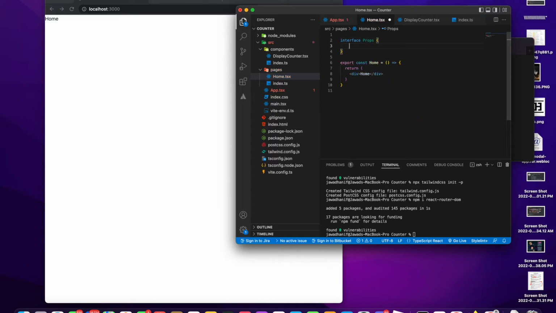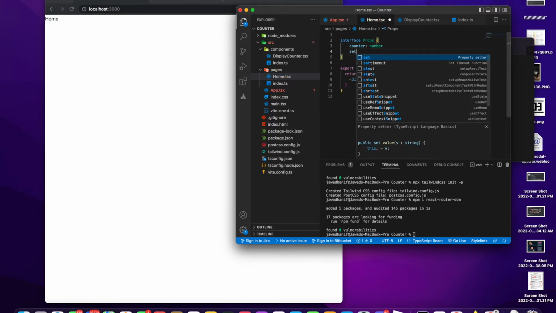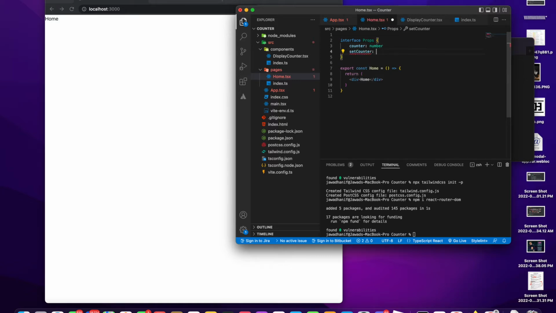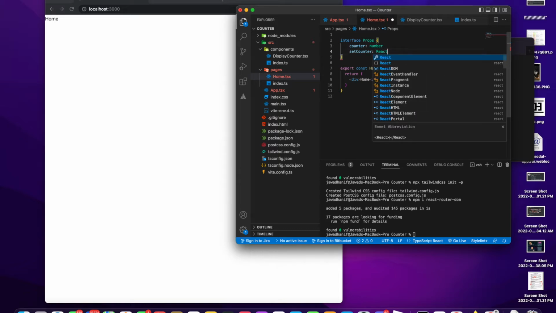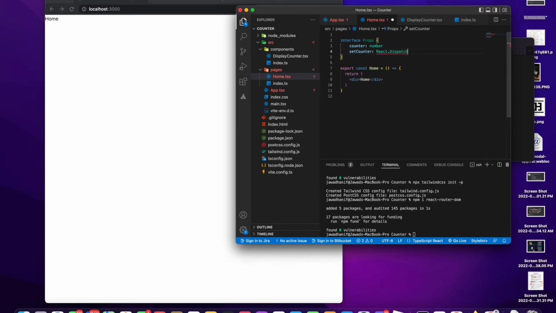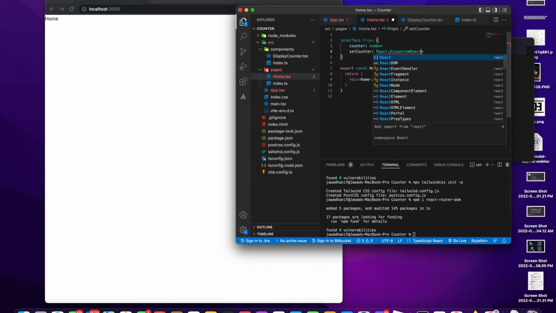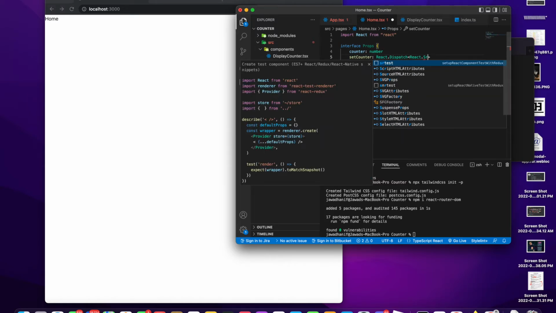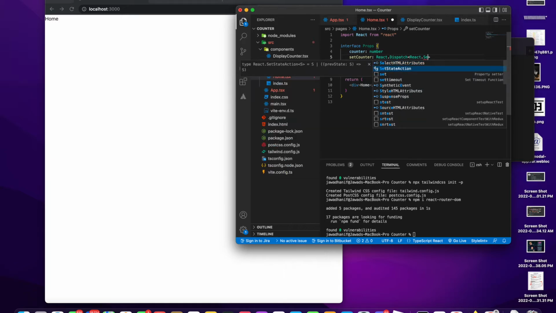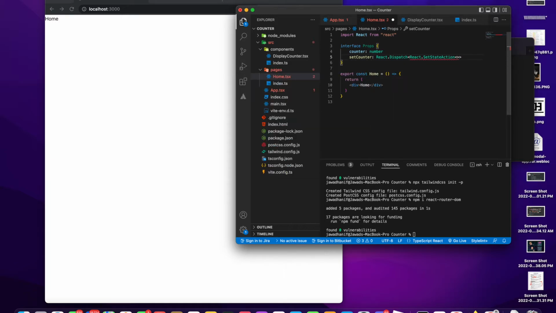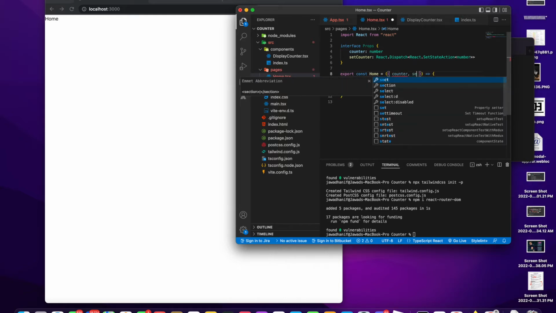Props, okay. And then we're gonna do counter, which is going to be a number, and then set counter, which is going to be React.Dispatch<React.SetStateAction<number>>, and this is going to be a number. Cool. And then we bring in our props, counter, set counter